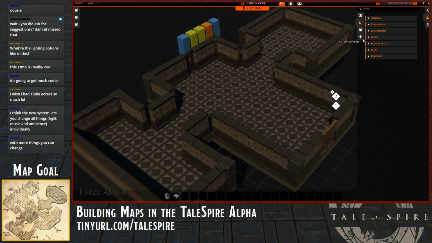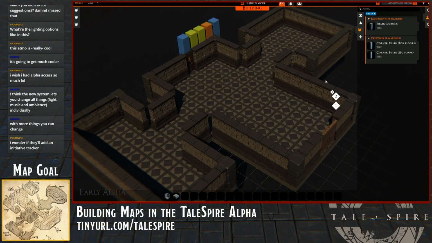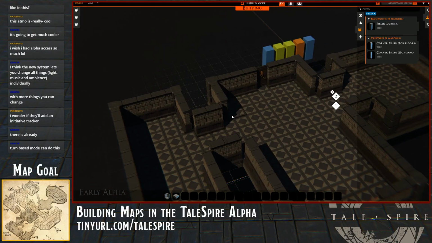So let's see. I need a filler for these corners here. Filler. Hey, there's a Morngoth filler. Will that work for me? A little bulky. Nope, it doesn't work with the...